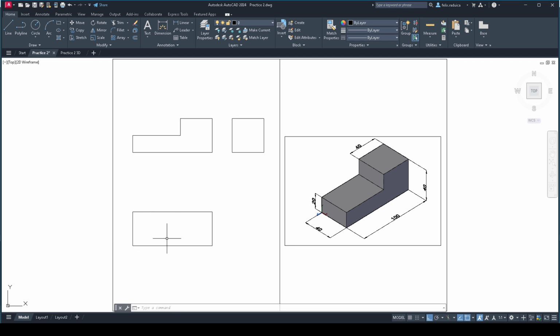My top view has all of these lines as part of the actual projection, so these need to be here in the final drawing, so I'll let them be. The only edge that I'm missing when I'm looking from top down is this edge here. So I noticed that there are 40 millimeters from the right, so I can either go from the right to the left 40 millimeters and then go upward like that, or I can come down from here and project the edge like that. So let me type in the line command